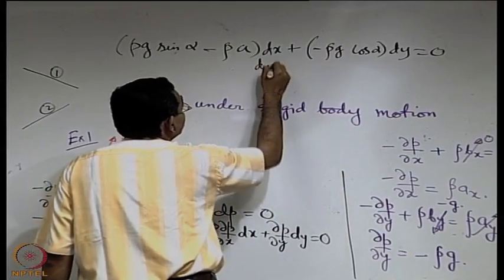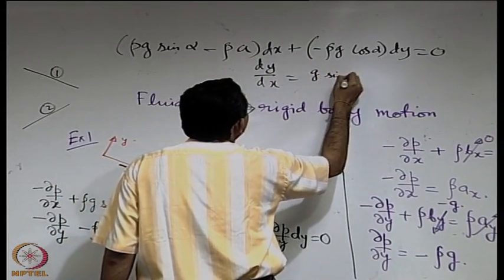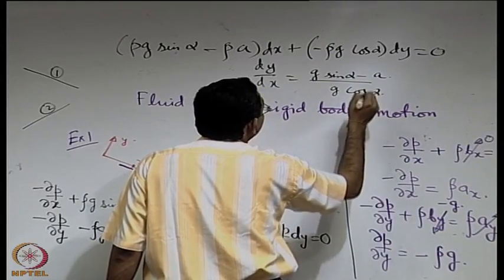So, dy by dx will be g sin alpha minus a divided by g cos alpha, right,